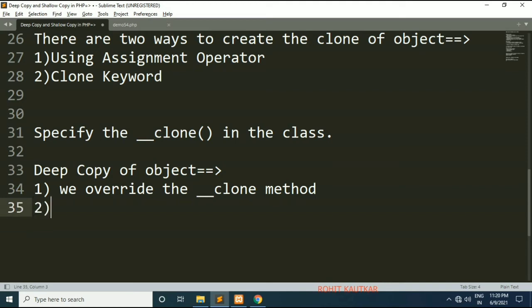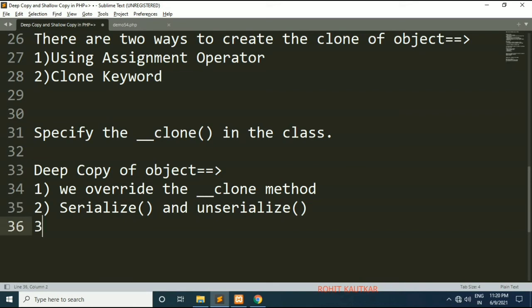The second way, we can use the functions serialize and unserialize for creating a deep copy of an object. As well as we can use the functions JSON encode and JSON decode for creating the deep copy.